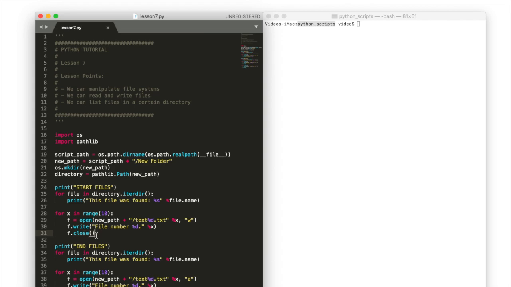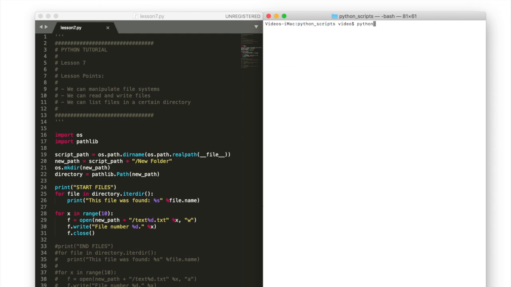It's really important to always close files in Python whenever we write to them. And then I'm going to comment all this out. And we're going to run the first part, and I'm going to show you how it works. So we're going to do python3 lesson7.py. So it says start files, and then it lists all the start files, and they're none since we just made the directory. And so I'm going to open up